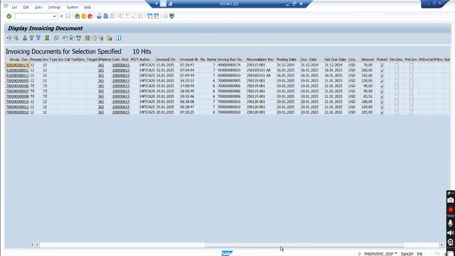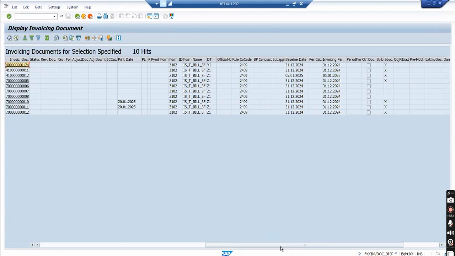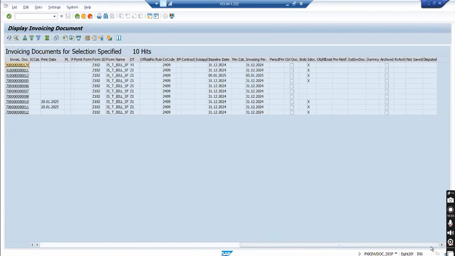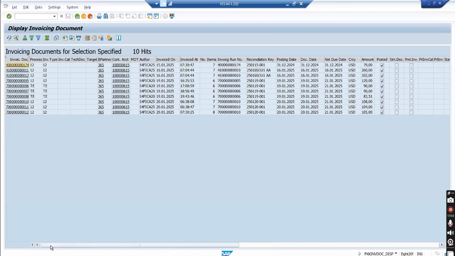Does it show me something here to identify? No, it does not. Anyways, the print dates are being shown here. These two were printed. So let me open anything where the tax was not present. For example, this one I posted today, 70010. So when I enter,